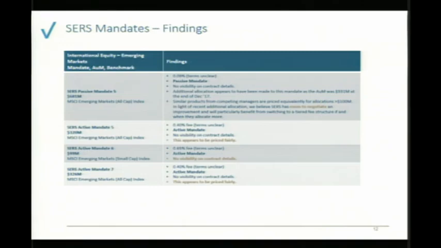Whereas mandate 6, as an example, we have no contract details. So on this mandate 6, called SURS mandate 6, 99 million, which we believe might actually be in wind down. So it may not be that relevant. But we haven't seen any contractual details to that manager, so we just simply can't comment on the terms. Next.